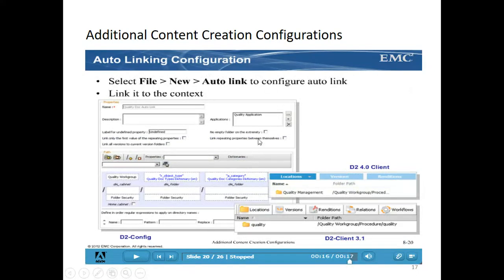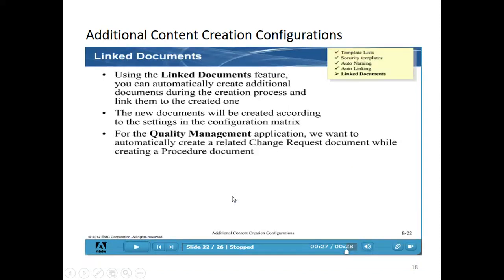Define the name, select the application, and as usual define the structure like DM cabinet, DM folder, and where the document gets created. You can see an example: Quality work group is a cabinet, the procedure folder and another folder will get created, and under the quality folder the document will get created. This is called auto linking.